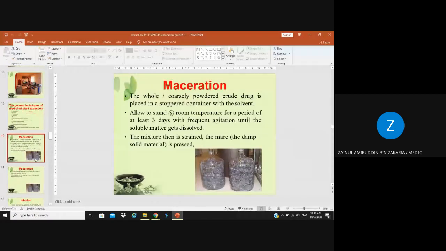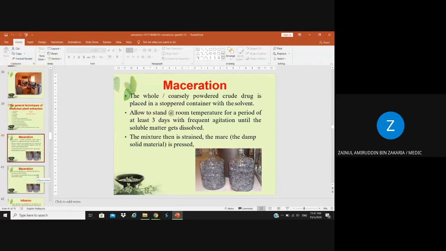Okay, we jump to certain, just to tell you what is maceration. Your whole or coarsely powdered crude extract is allowed to stand at room temperature for a period of 3 days with frequent agitation until the soluble matters get dissolved. The mixture is then strained. The marc is pressed, so the solid part is then pressed to release all the supernatant,